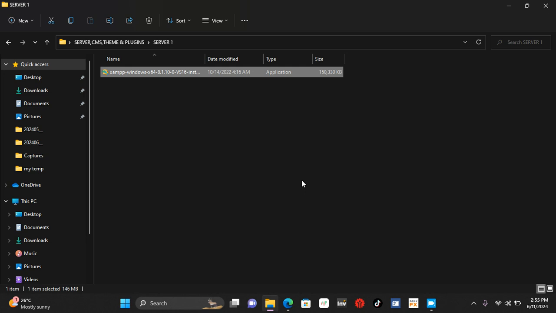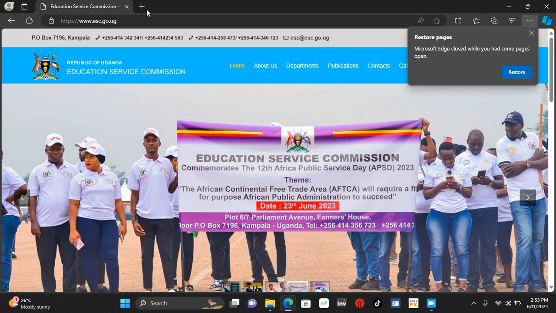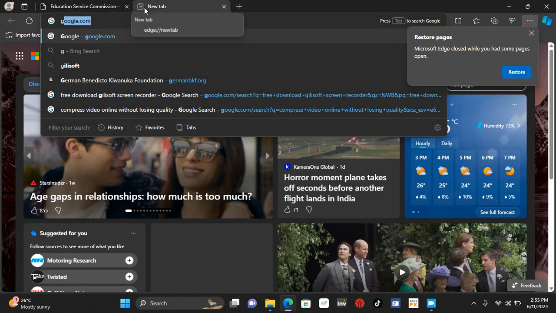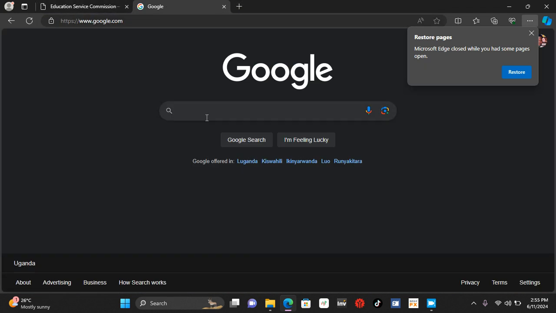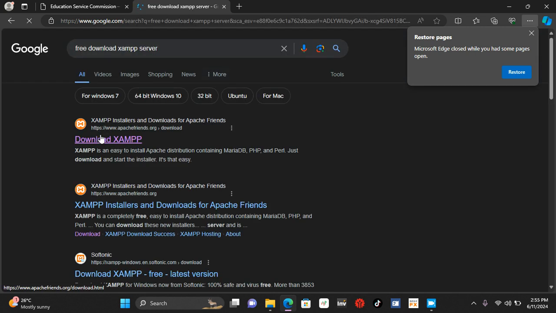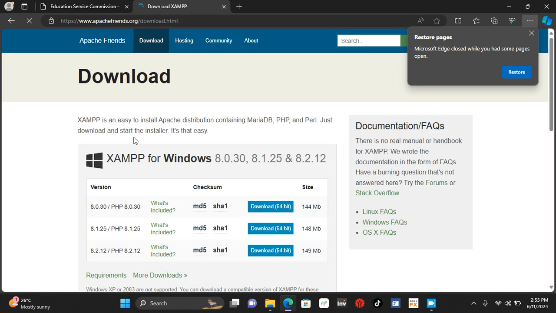Okay, so if you don't know where to get XAMPP from, simply go to Google and type in free download XAMPP server. Use the site apachefriends.org. Click it. Since we are using a Windows operating system, in my case Windows 11, download